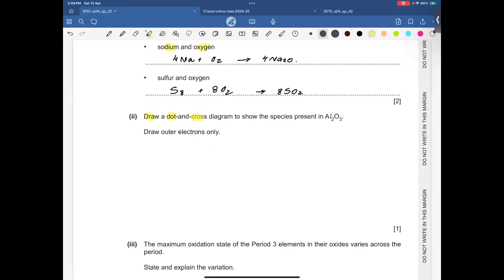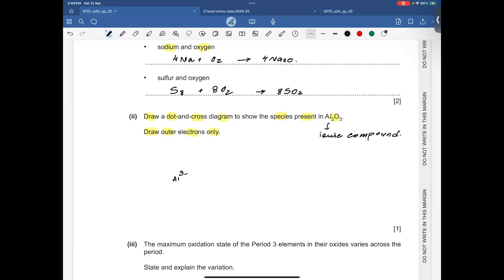Draw a dot and cross diagram to show the species present in aluminum oxide. First of all, aluminum oxide is an ionic compound. और ionic compound की जो dot and cross diagram है वो हमेशा bracket के अंदर होती है, right? Sharing of electron नहीं हो सकती. An examiner is looking for the outer electrons only, which means